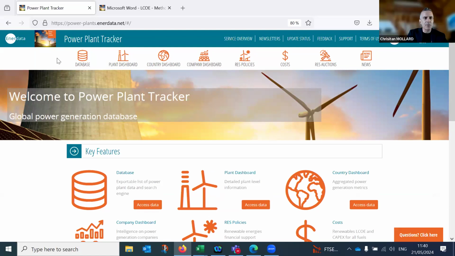Yes, there is another question. How many companies are assigned with plant locations? I saw that there are some plants without an assigned operator. That's about the geolocation of the plants, basically. How does it work? I don't know, Katja, if you can answer this. Otherwise, I will. Yeah, sure. If we have the exact location of the power plants, we put in the GPS coordinates. But for specific sites, such as hydro or solar panels, it's difficult to locate them, so we put the location of the nearest city.